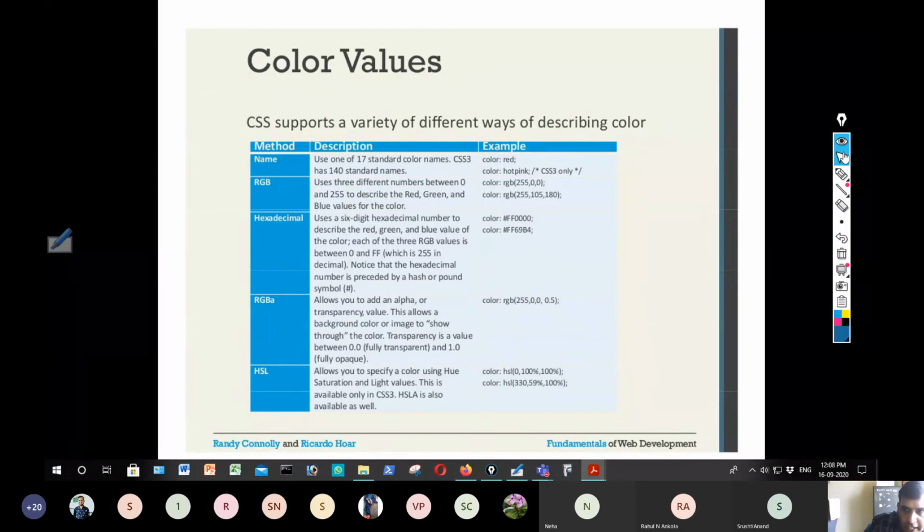I need to specify the red value, then green, then blue. The intensity of red, of green, and of blue is specified using so many bits. Red 8 bits, green 8 bits.